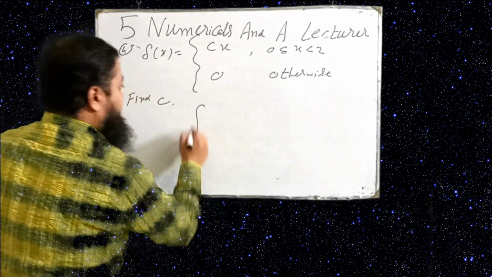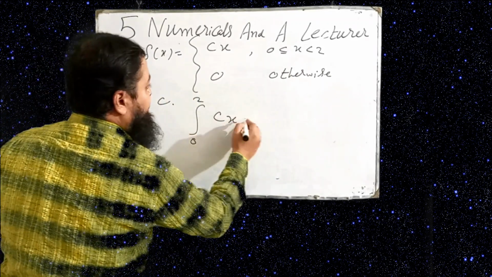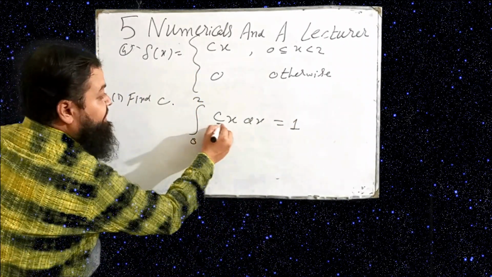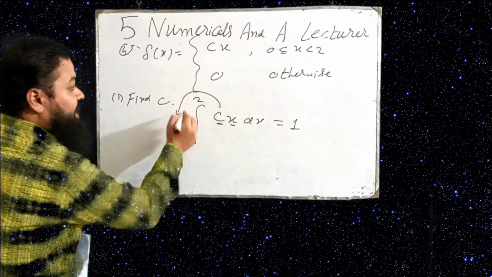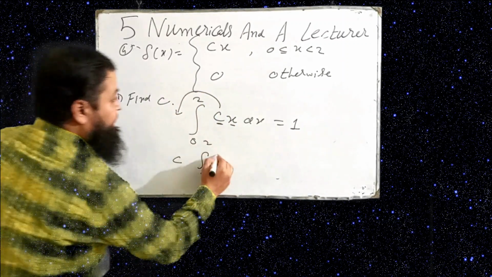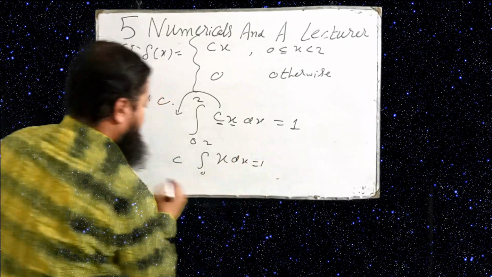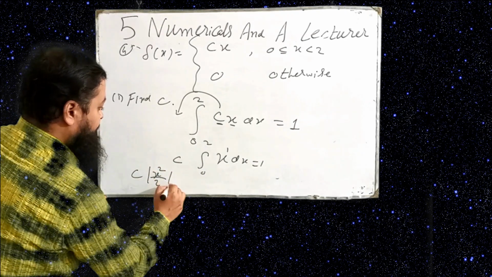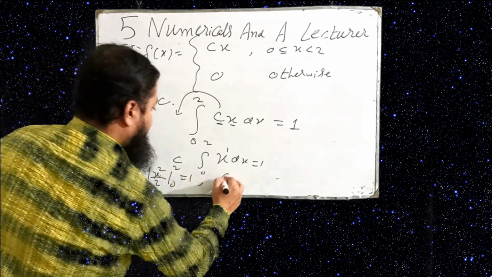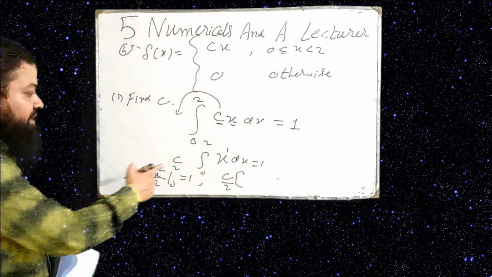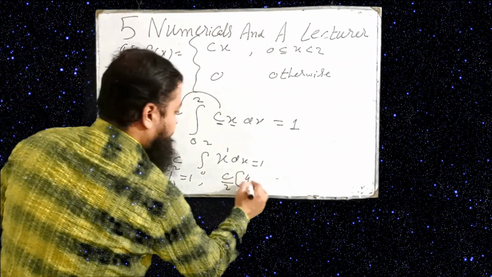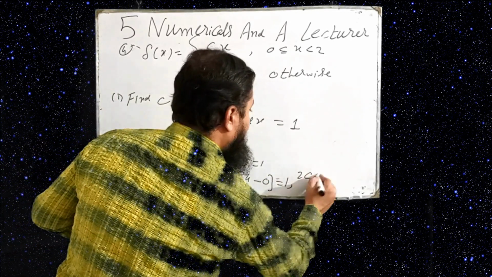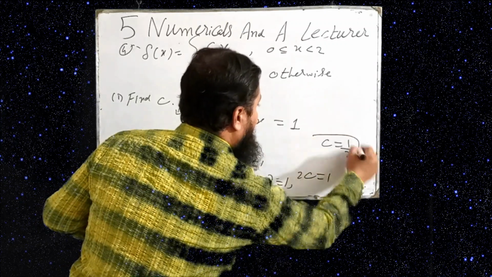What will you do? Total area 0 to 2, that is the lower and upper limit, and put the function inside, and it is always equal to 1. And what is the rule? When your constant is multiplying with variable, constant will be outside, c is outside, and integration will be applied on x. Now c, and we know its power is 1, that will be increased, x square over 2, 0 to 2 equal to 1, c over 2 is outside. Just put the values. Upper limit 2 square is 4 minus 0 is equal to 1, that is 2c is equal to 1. It means c is equal to 1 by 2 is the last answer.